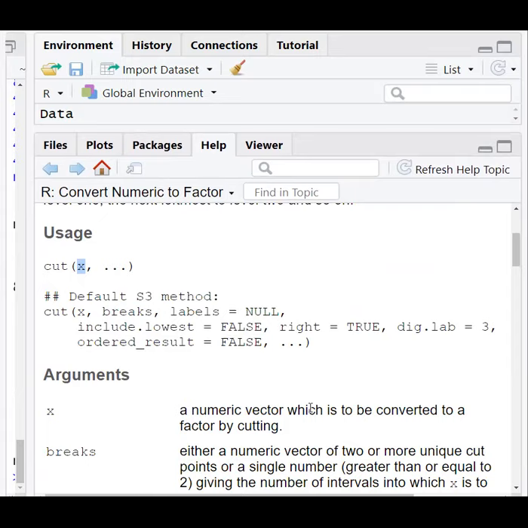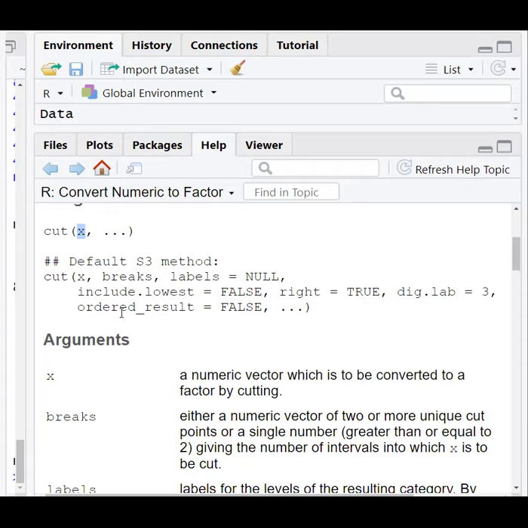If it is 36, we want it to be in the interval from 34 to 44. If the value is 36, we want to place 35 to 44. That factoring can be done using the cut method. It is nothing but, based on an integer value, it classifies to which range it will belong.